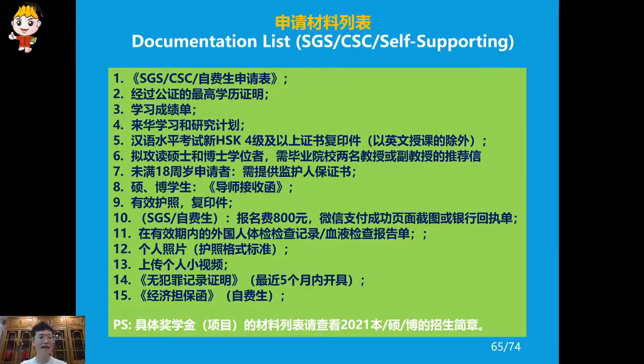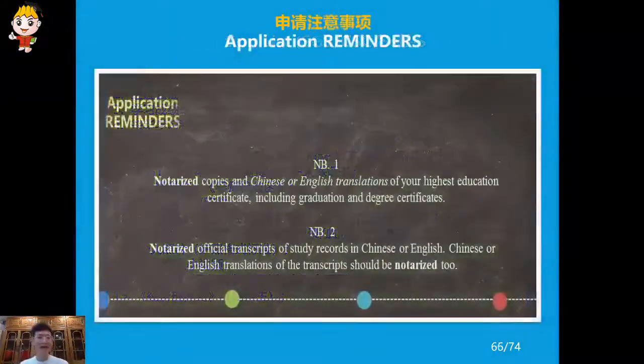Remember how many documents for the application? Do you know the answer? 15. Perfect. And then here, 2 reminders for you guys.